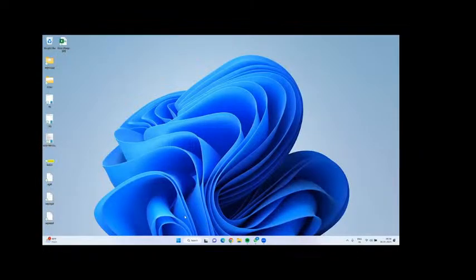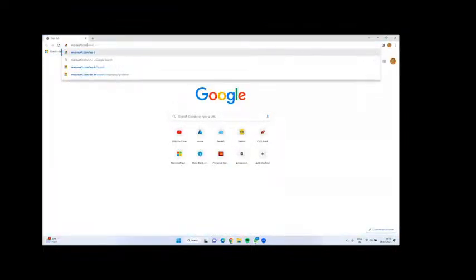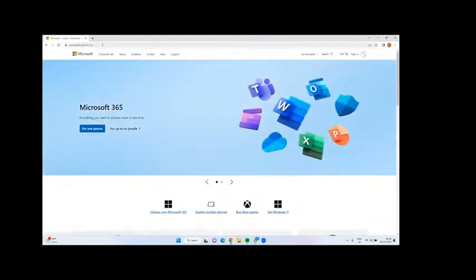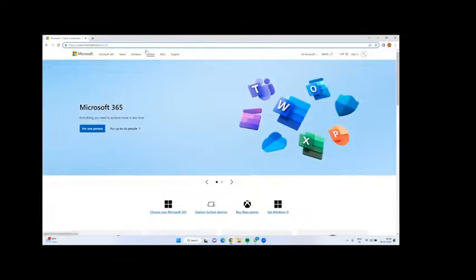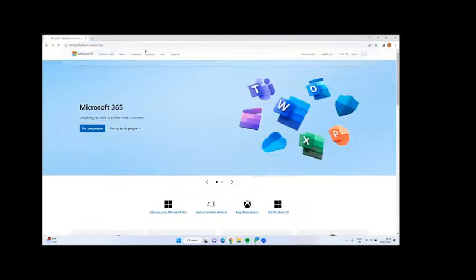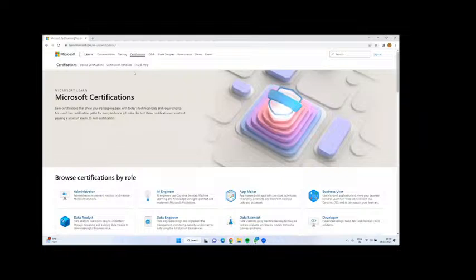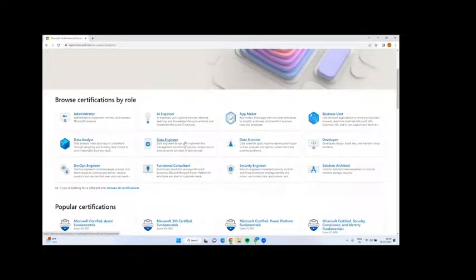Next, for Azure related certificate information, just go to Microsoft.com. This is the official site. At the end of the URL, just type learning. These are the different types of certifications.